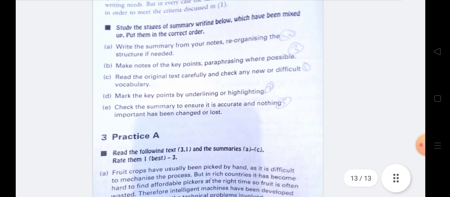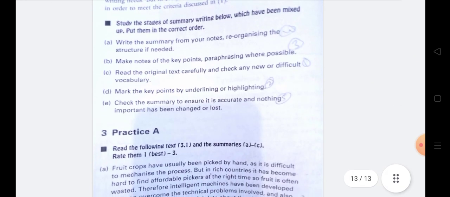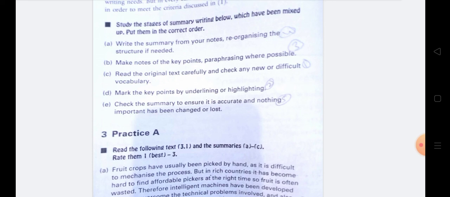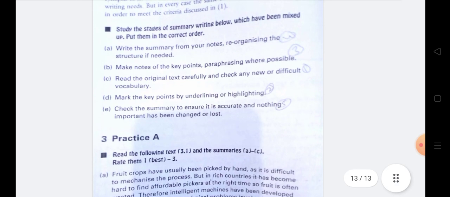So what do you do to write an effective summary? You read the original text carefully and check for any new or difficult vocabulary. Second step is to mark the key points by underlining or highlighting. Third stage is to make notes of the key points, paraphrasing where possible.